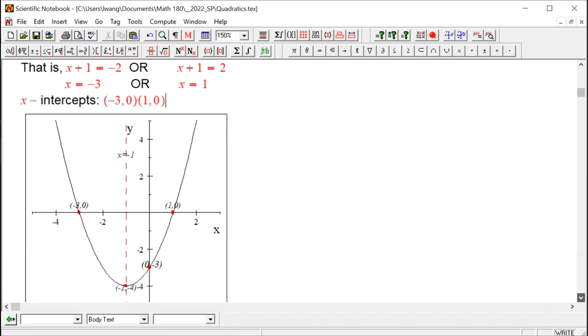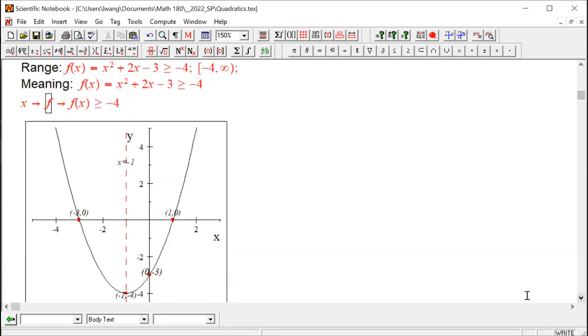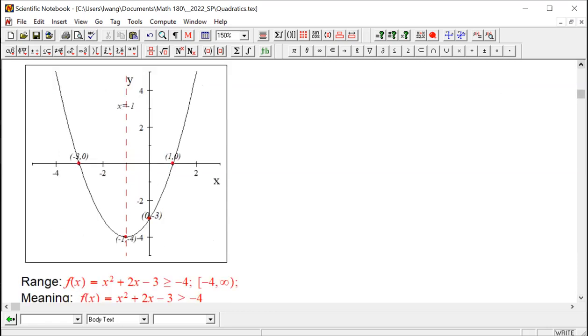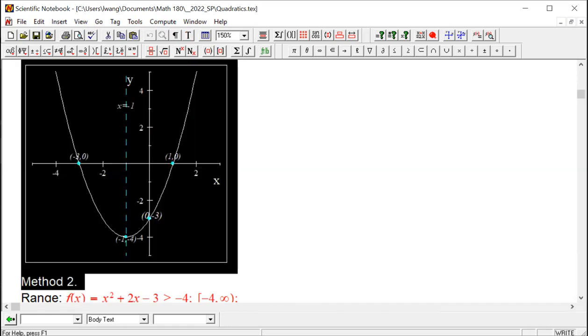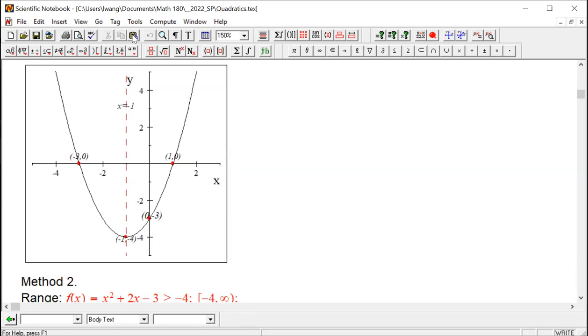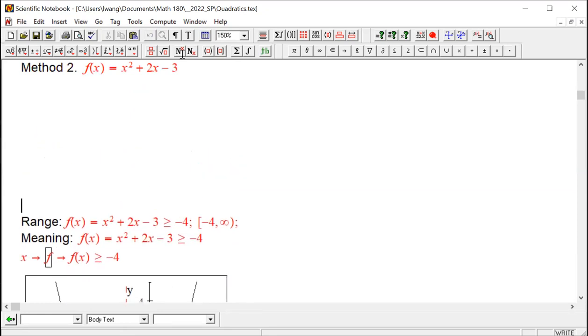Finding the solutions, finding X-intercepts. So I'm going to give you method 2. The second method to solve for X-intercept is this: using the quadratic formula,